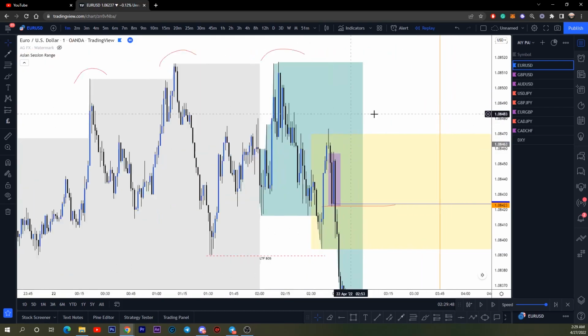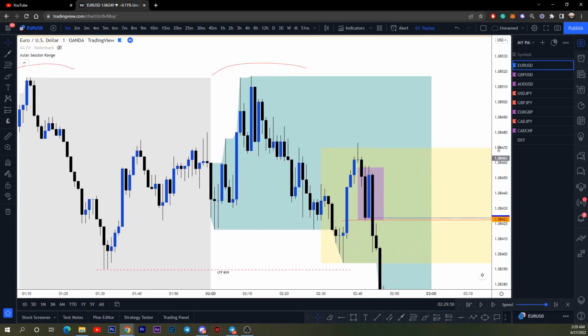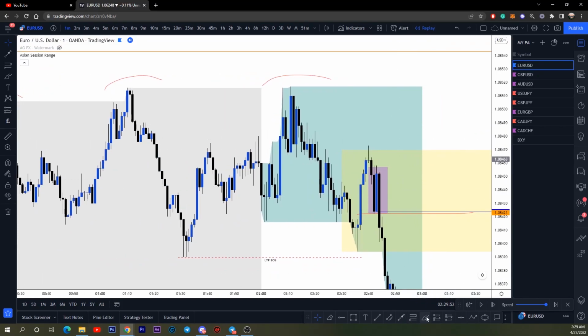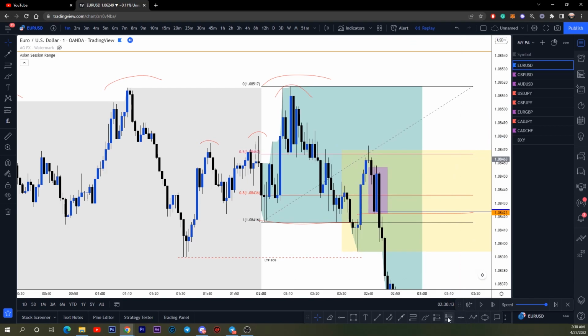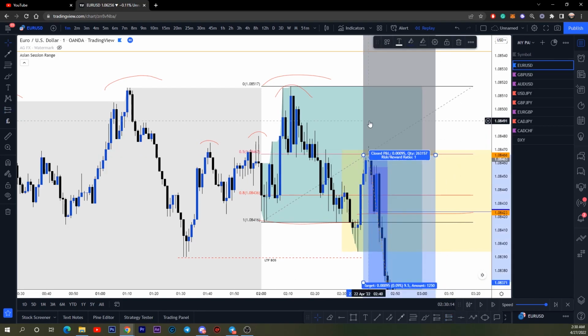Now if I get even deeper into it, you can see we have another entry inside of this entire move. So let's zoom in a little bit more. You have what? 1, 2, 3 drives, break of structure here. And now what you could have done was you could have taken this order block here, or you could have zoned out this entire move and took the 50%,